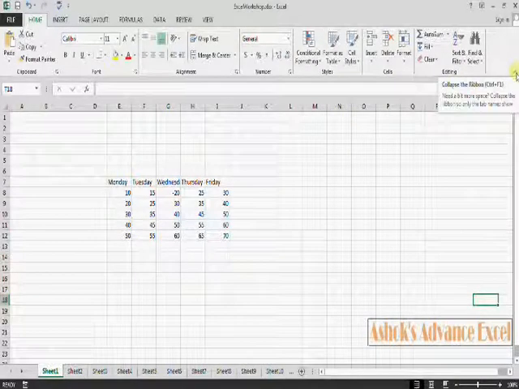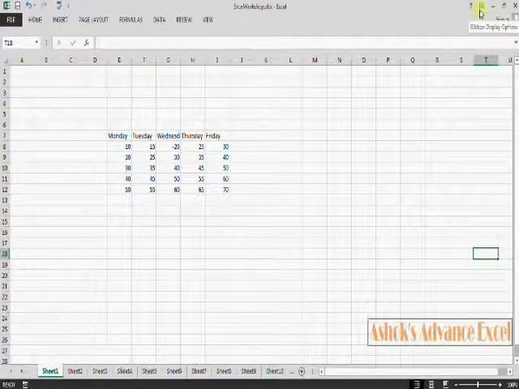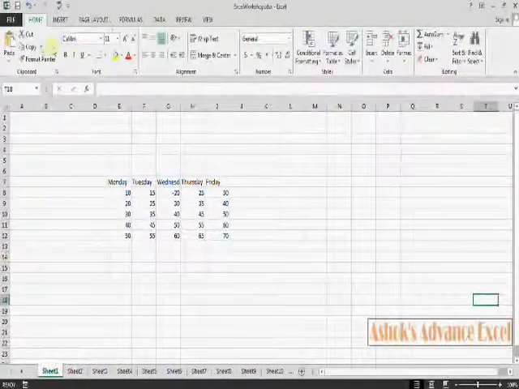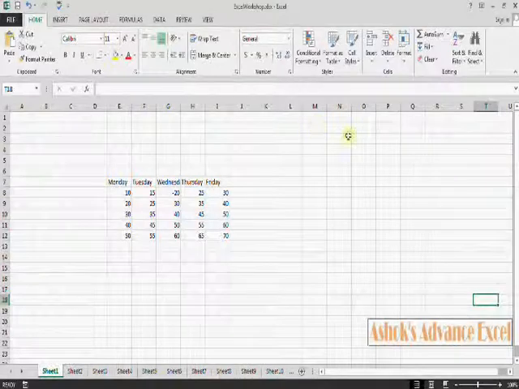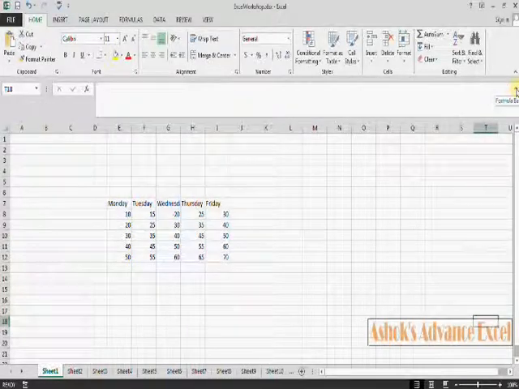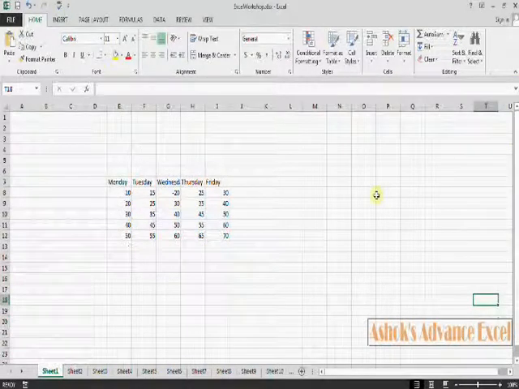The ribbon can be hidden, or to display it again, go to the upper tab and show. The same arrow is available for the formula bar. That can also be expanded if the formula is bigger. So in that case we can use this. Again shorten it with the same arrow, and okay.